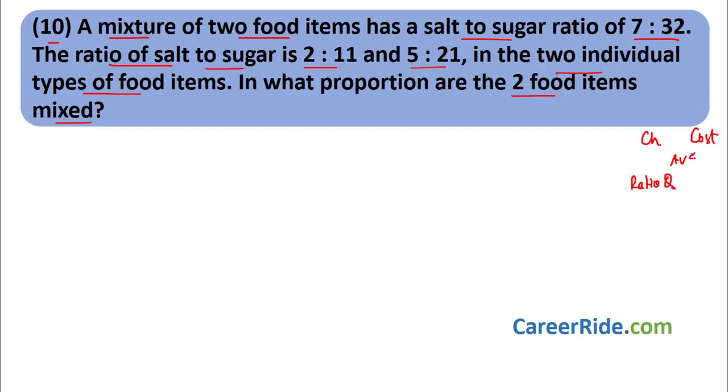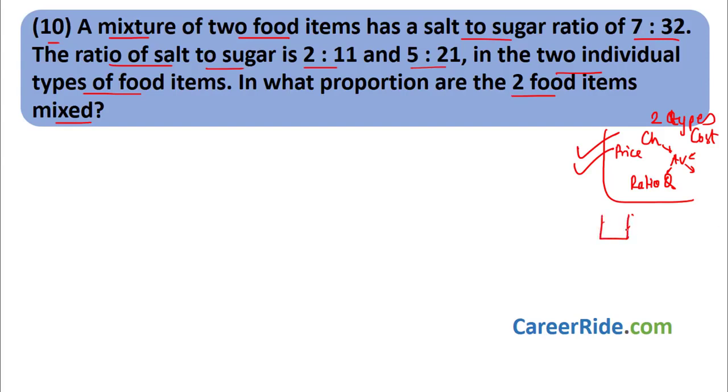But the problem over here is that generally while using the formula, we have two quantities or two types, and they have their own price, and then we find the quantity. But over here the problem is there are two types of food items, and each food item has two types of quantities. One is salt and one is sugar, right? So which one to take cheaper, which one to take costlier? Now this becomes difficult, but actually it is not. We have to use the same technique, okay? It is very easy, and it will become clear to you in a minute while solving the sum how to approach these kinds of sums when each type has individual elements also to it.